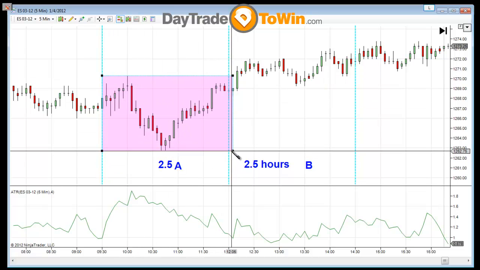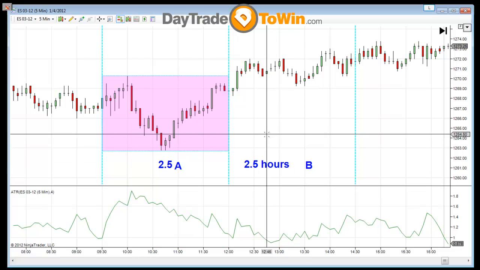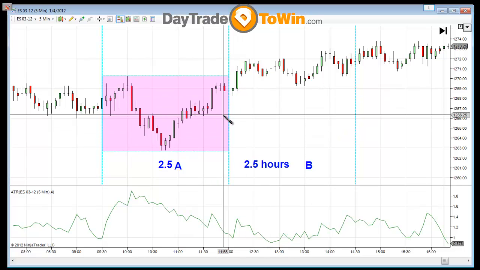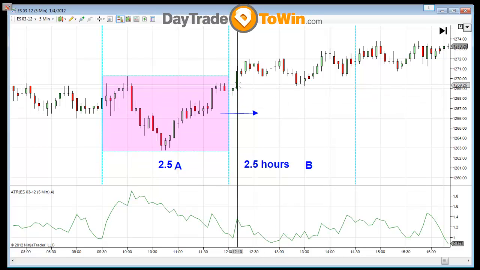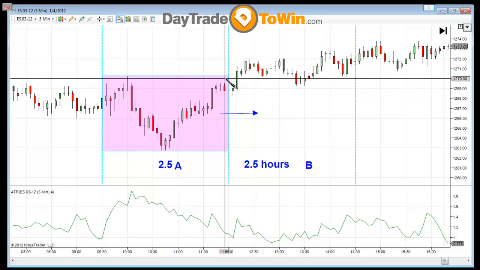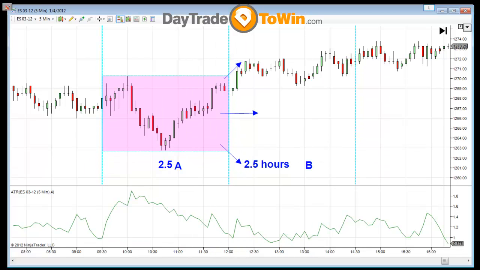This is the range of the first part of the day, the A part of the day. I would expect moving forward into B, 80-85% of the time, we're going to get stuck here. Price is going to be unable to trade above or below the range of A. This is common. But when it doesn't, and it actually pushes beyond the range of A, right there and then,